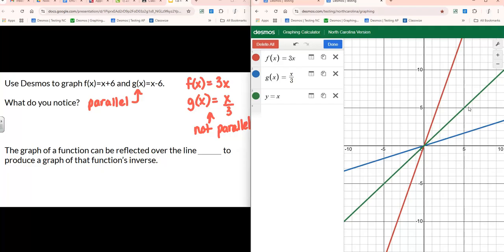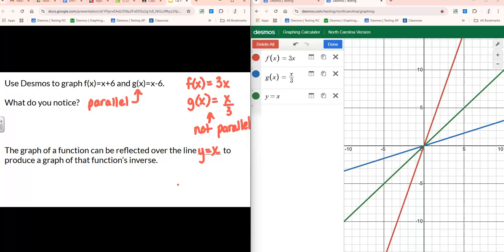So what's happening there is it is a line of symmetry for our graph. So the graph of a function can be reflected over the line y equals x to produce a graph of that function's inverse. Okay, this is always true. So this is a place Desmos is going to come in handy whenever we're asked for inverses. We're going to learn how to do them algebraically by hand, but Desmos is a good tool to go to check. Because if you graph a function and its inverse, you should always see y equals x go right through